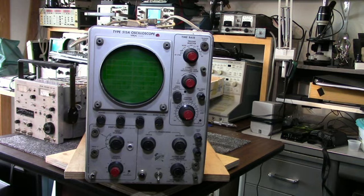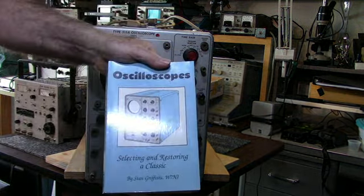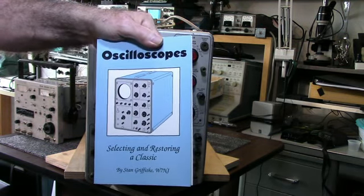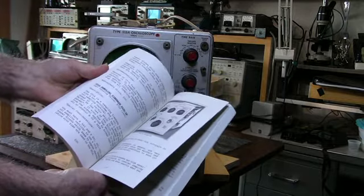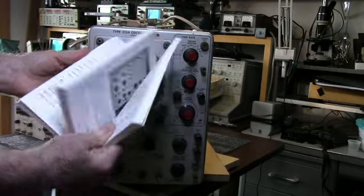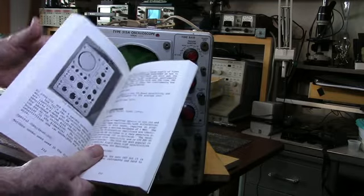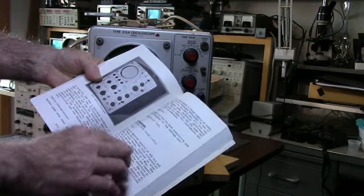If you're into restoring old Tektronix scopes, especially the old doghouse scopes, I recommend a book here by Stan Griffiths. This came out, I think, back in the early 90s, and I don't know if you can still get a copy of it, but he covers just about every old Tektronix scope throughout its history, going way back. Very extensive. I wish they'd do one on the 7000 series and some of the newer ones. Maybe someone will get the hint, but anyway,